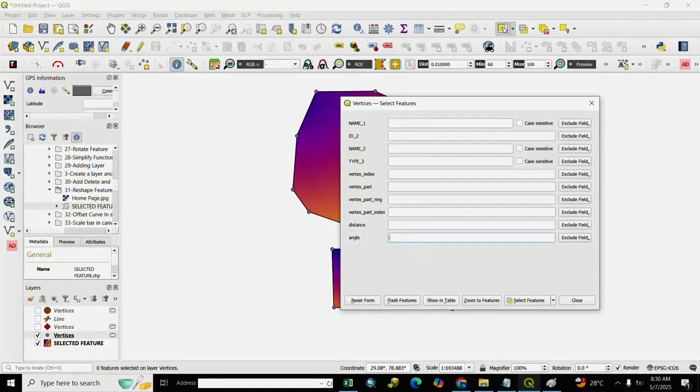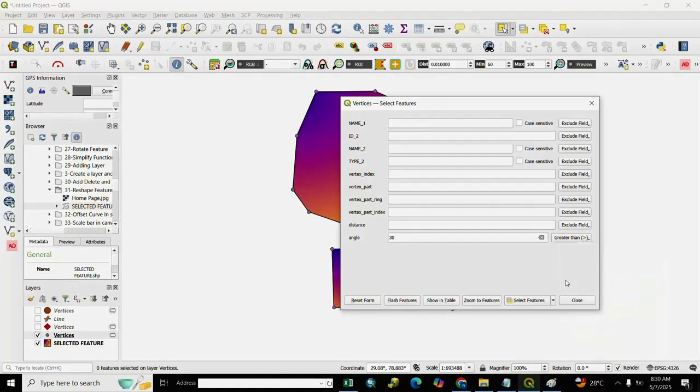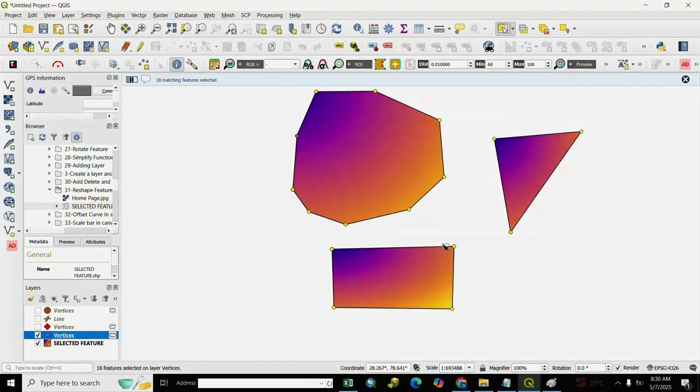If you want to choose angle, we select here 30, and our condition is greater than 30, and after it we select it, we close it. You see here our angle is selected.